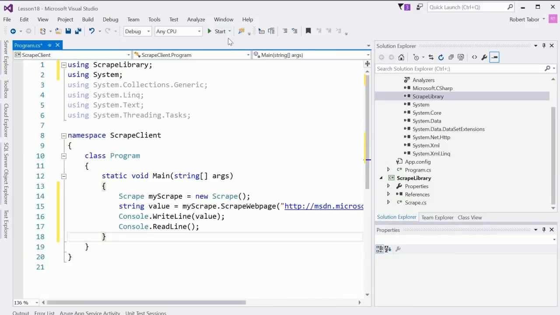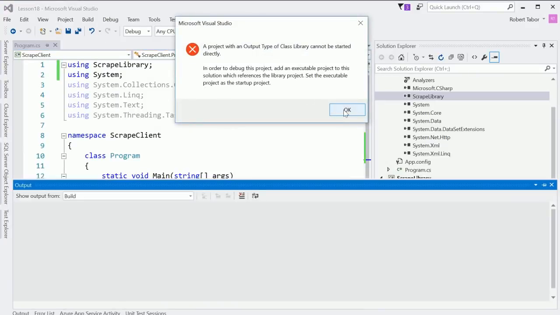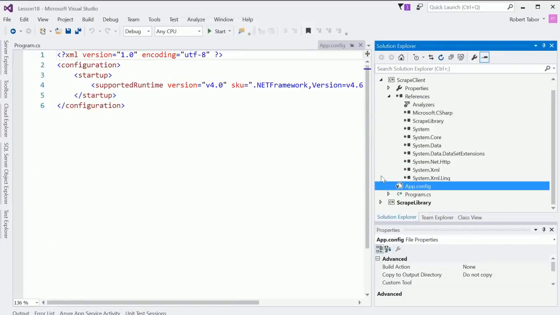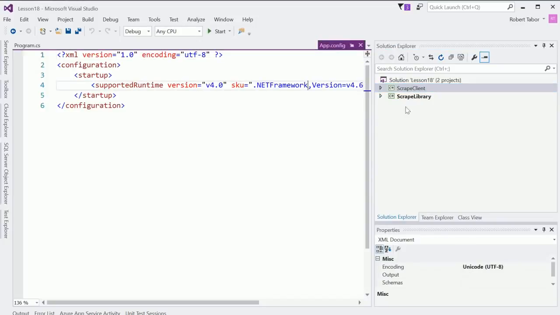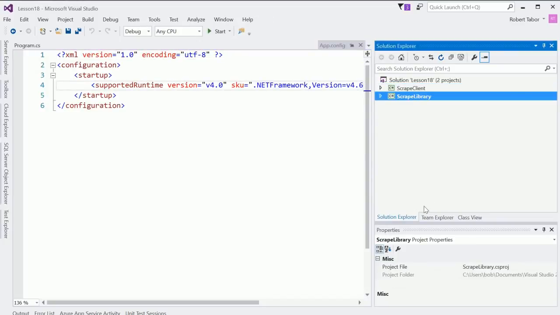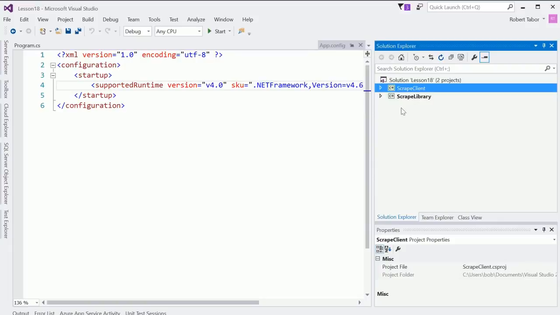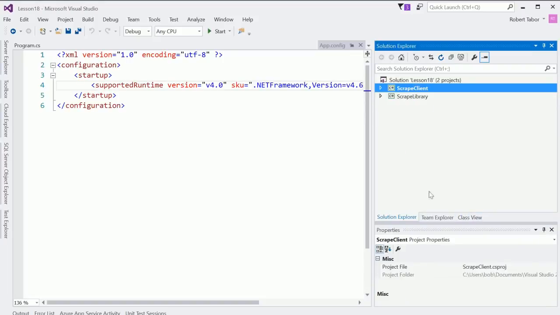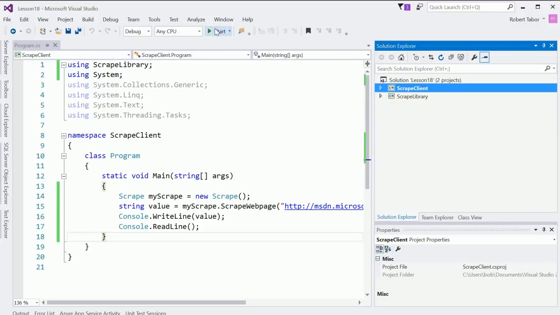And we can rerun the application. Whoops. And it says a project with an output type of class library cannot be started directly. All right. Why do you suppose that happened? Well, because there are actually 2 projects now in my solution, and you can't execute a library, correct? So what we need to do is right-click on the client project and select Set as Startup Project. And now, let's go ahead and close that. When we attempt to run the application,